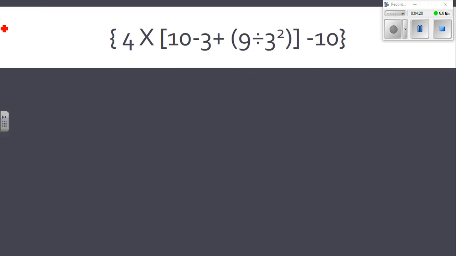Okay, so again, please excuse my dear Aunt Sally. Alright, so again we're starting on the inside, but on the inside I need to notice this. That's an exponent. So we need to do that first because that comes before multiplication and division. So 3 squared means I have 9 divided by 3 times 3. So 3 times 3 is 9, okay? So now I have 9 divided by 9 in parentheses plus 3 minus 10 bracket times 4 brace